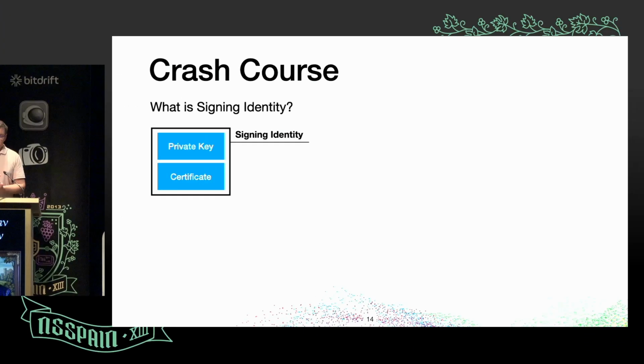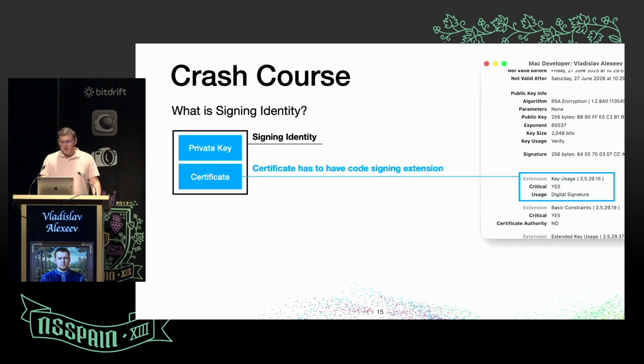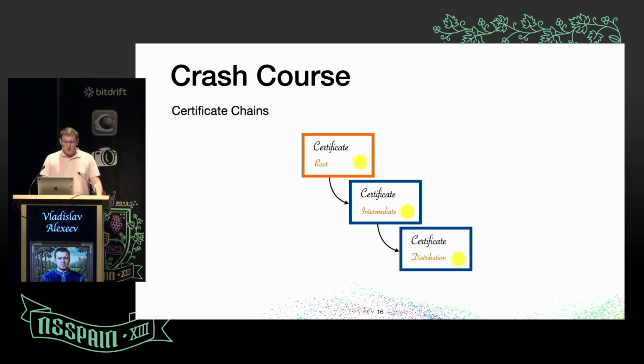Let me briefly describe what a code signing identity is. Not every certificate can be used to perform the code signing operation. There should be a private key and a certificate with the extension called digital signature. Only those certificates can be used to sign code. And that certificate also has to be trusted to actually perform the code signing